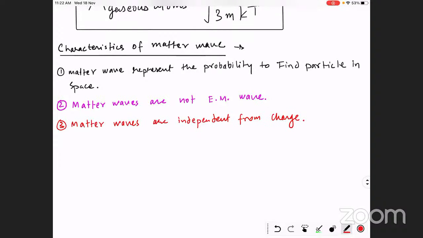So there is a matter wave associated with every particle. It doesn't matter whether that particular particle has charge or not. Okay,